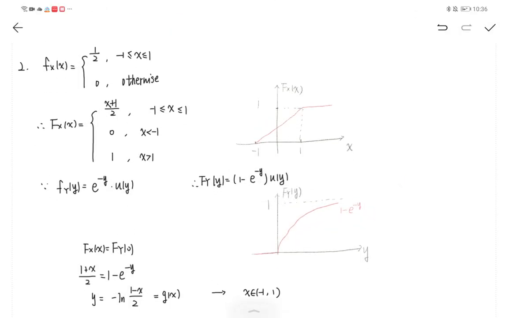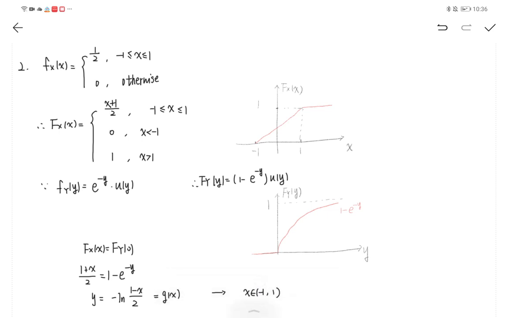Now let's talk about problem 2. From the problem, we know that the random variable x is uniform in the interval from -1 to 1. And we know the density function of y. Meanwhile, so first, because the variable x is uniform, we can write the